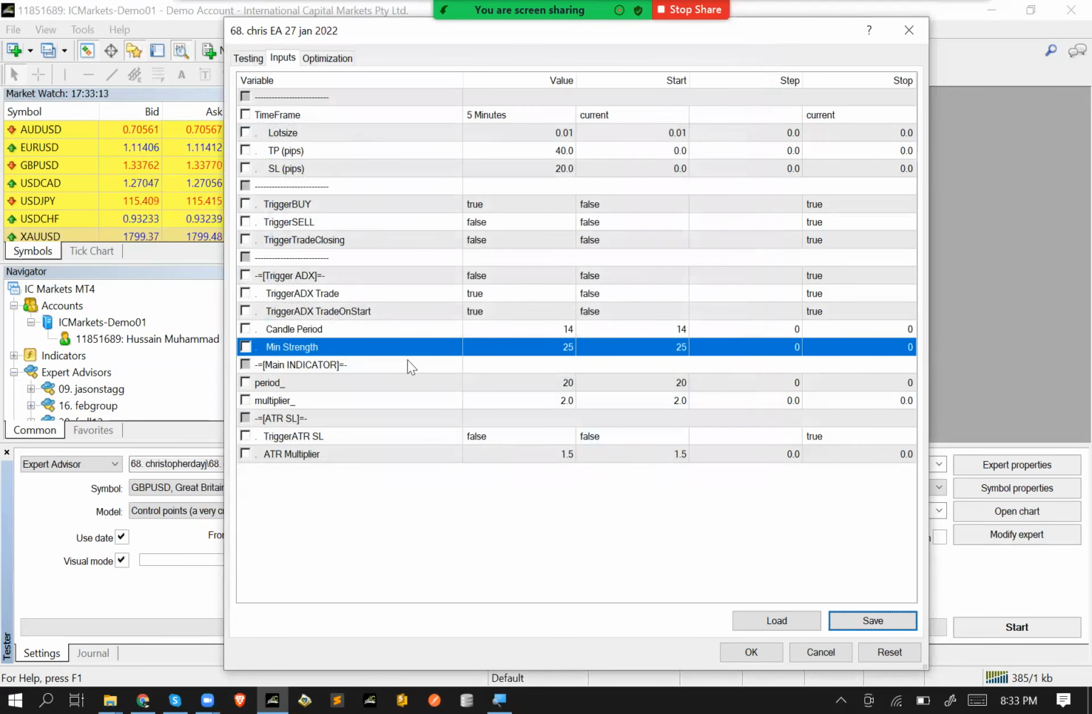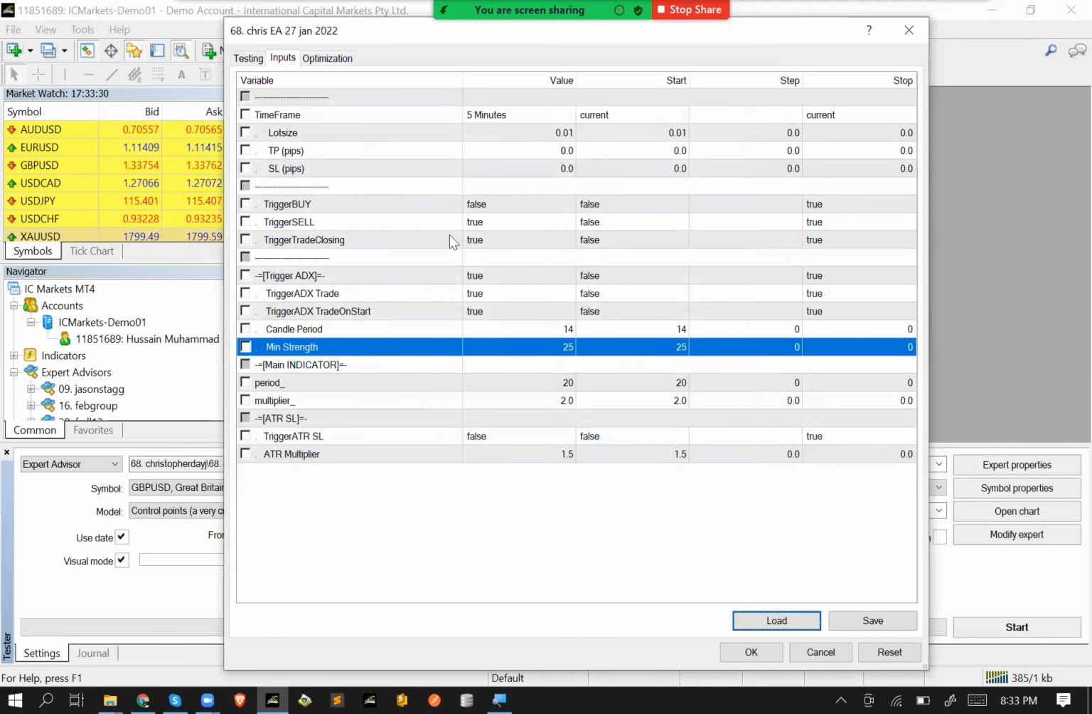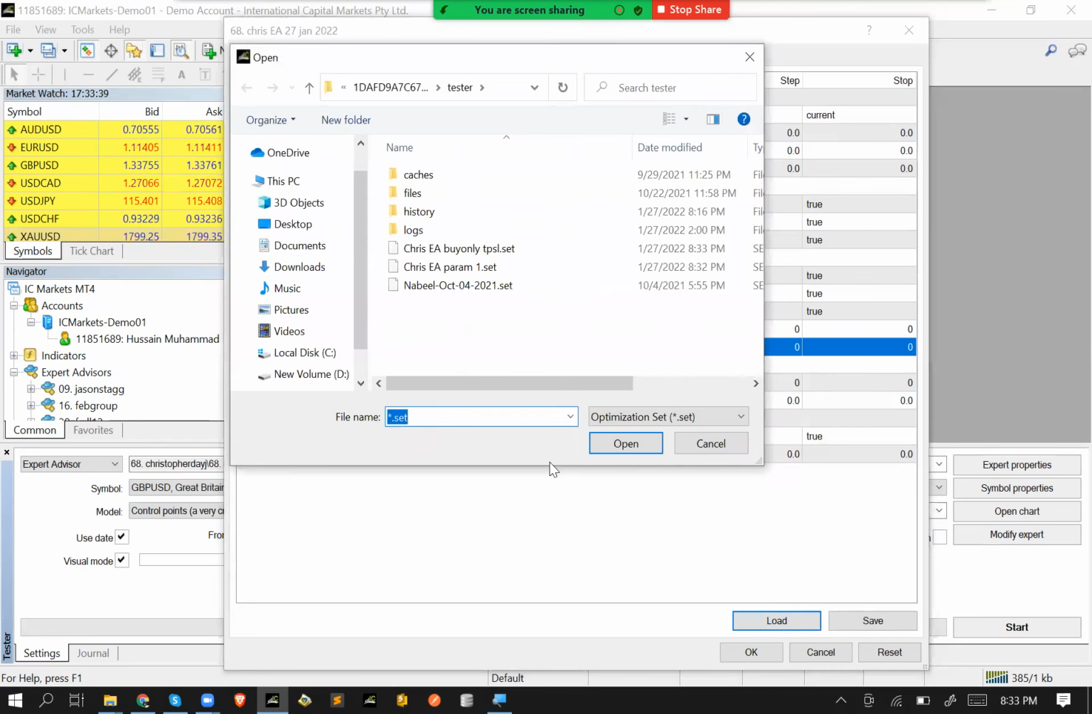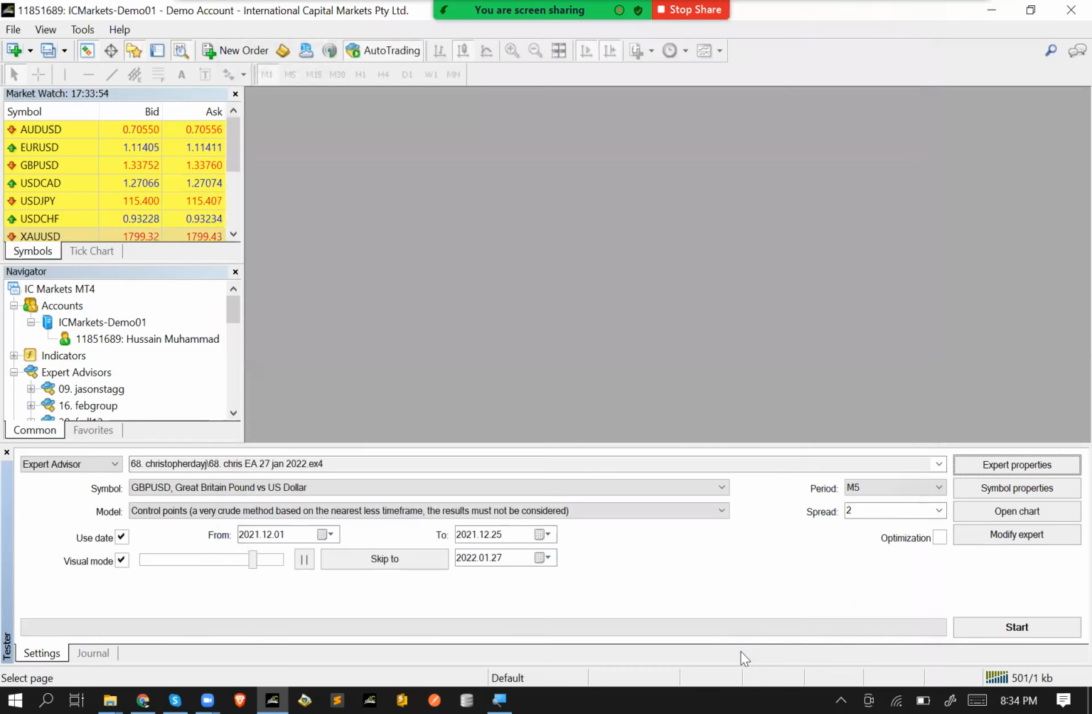Okay. For example, now you would like to use the older setting. You don't need to change each one of them one by one. Just click on the load button and load this Chris EA Param 1. See, all the values have been reset, and your TP value and stop loss value have been changed now. If you would like to use the previous one, then click on the load button and open this one. Now see, our parameter settings are back to 40 pip, 20 pip. For example, that is the setting I would like to use. Then click OK, and